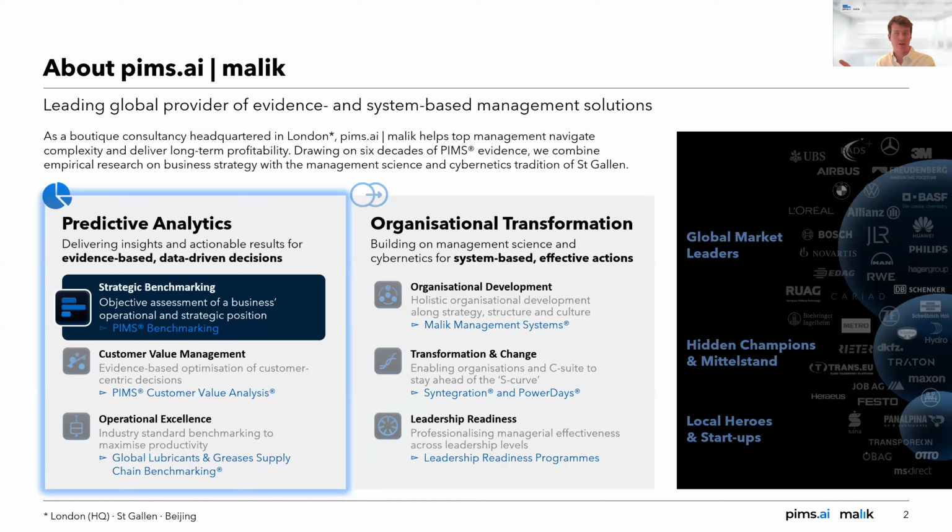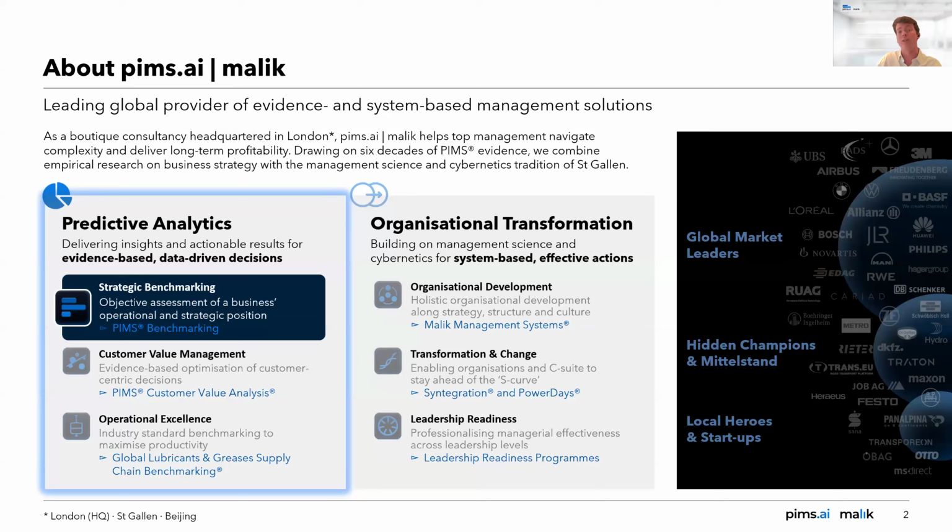From this benchmark, before I get into it, there have been two offshoots. One is customer value management, understanding the value for money that you offer relative to your competitors, and this is used to sharpen your product and pricing decisions. But we also have our operational excellence arm, which is industry-specific benchmarking,